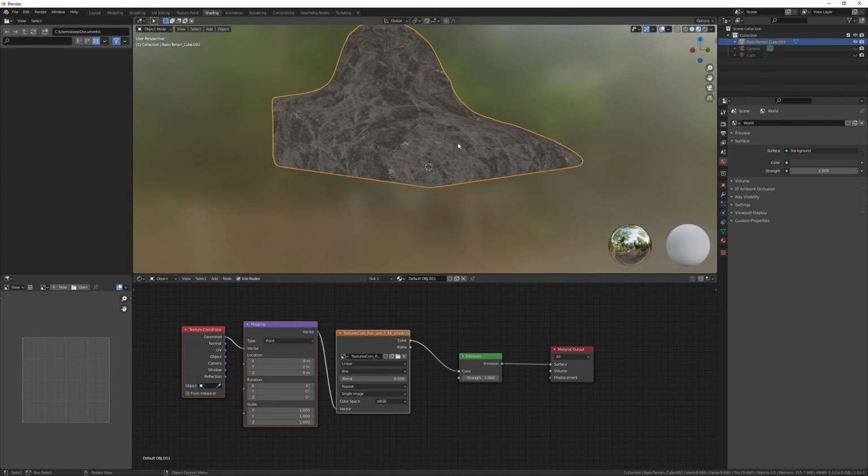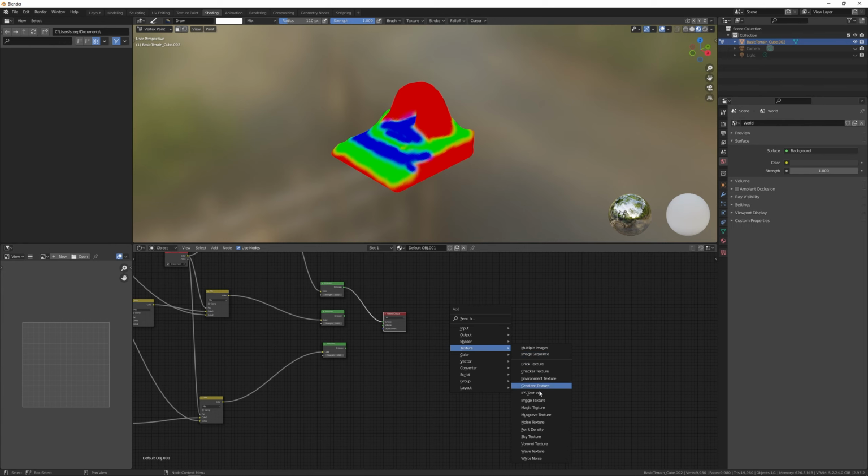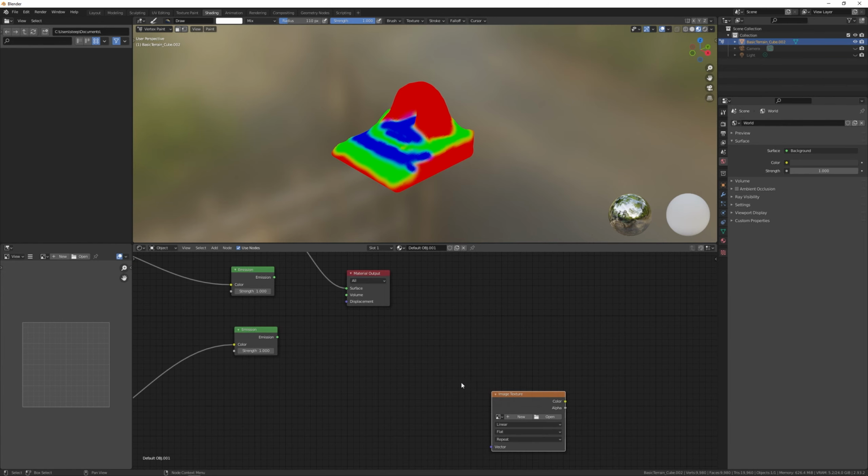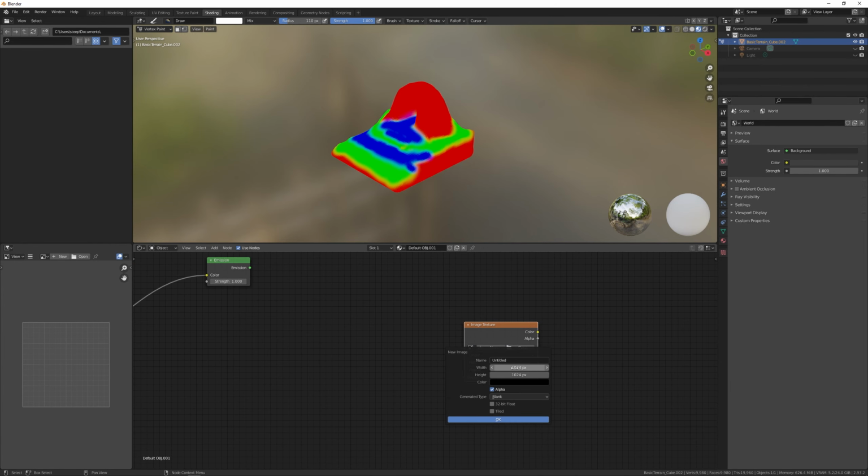Now we're going to add an image texture. There. Going to create a new one. And let's make it a 4K map. We're going to call it color. It doesn't need to have an alpha. There we go. And we are going to start with the colors. Here we are. I go to this